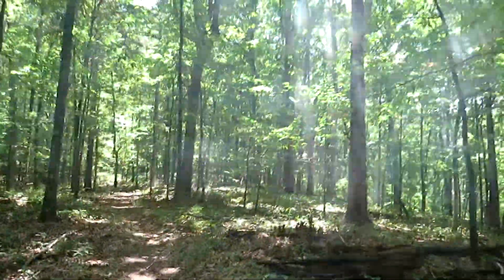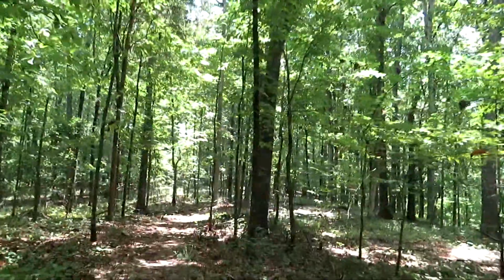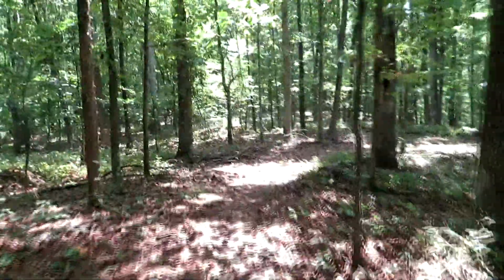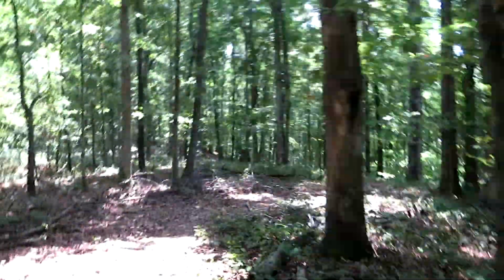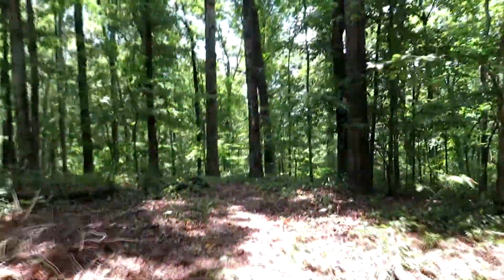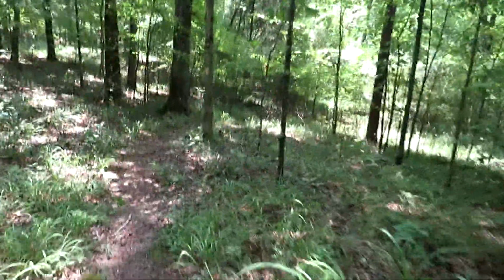I had concerns as far out as this spot was that the trail would be completely overgrown, but it's not. Real easy to follow. Not a lot of brush or anything around. Very mature forest. Interesting tree. Little fossils